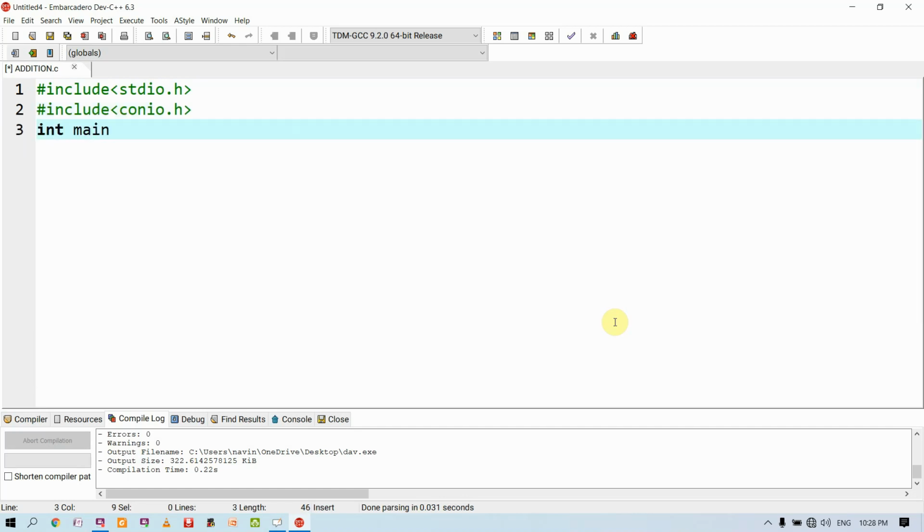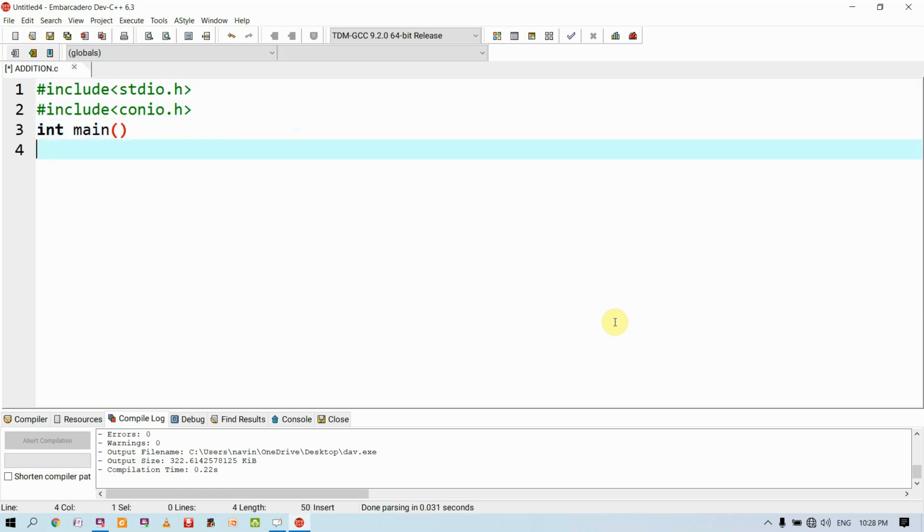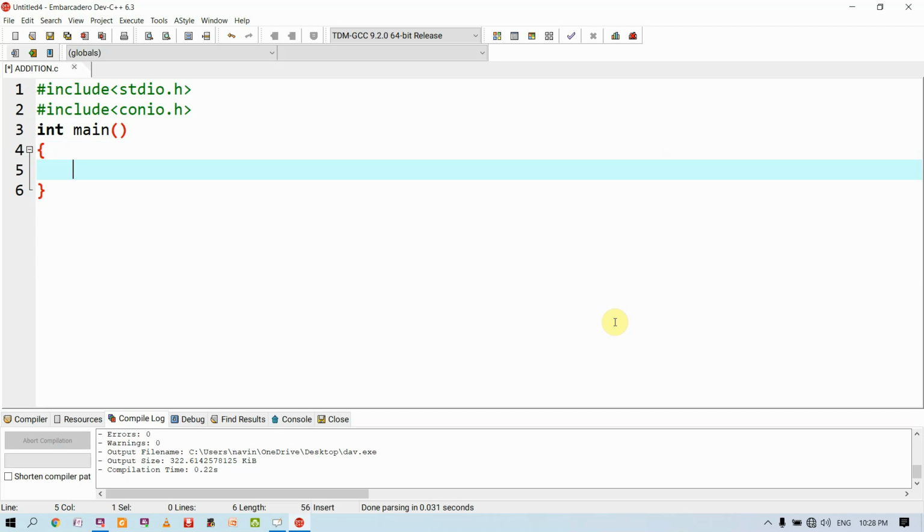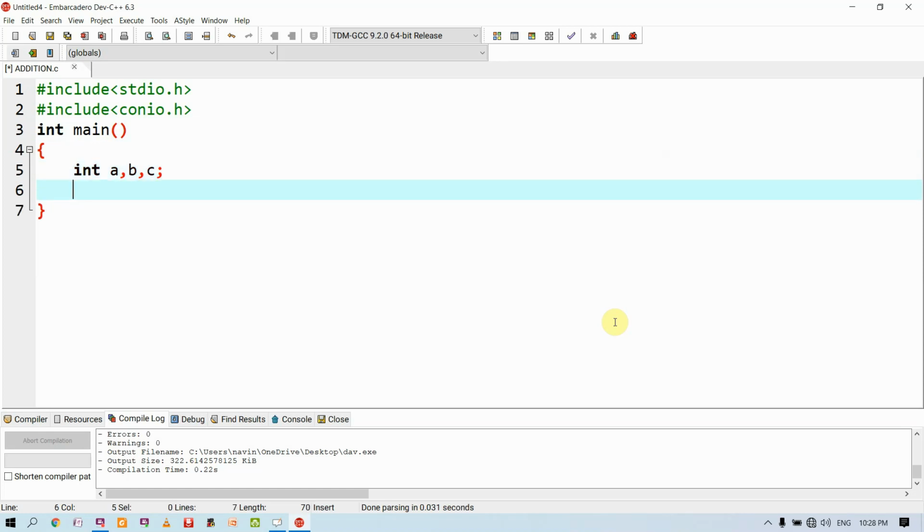Remember that Dev C++ is demanding us to write int before main. Absolutely there is no problem with including int in the program, right? And then open curly brackets, then int a comma b comma c, right? So this is how you have to declare the variables.